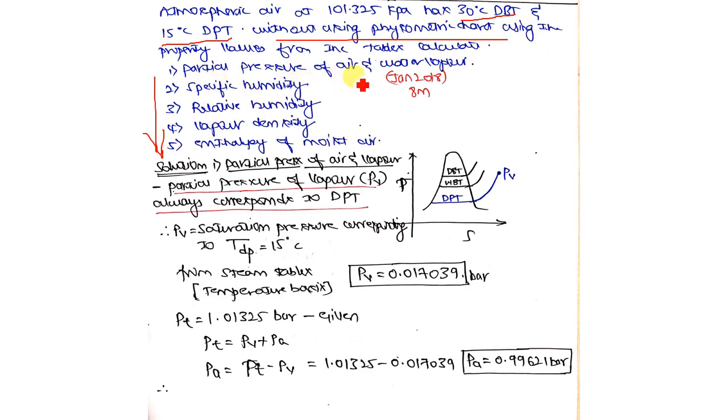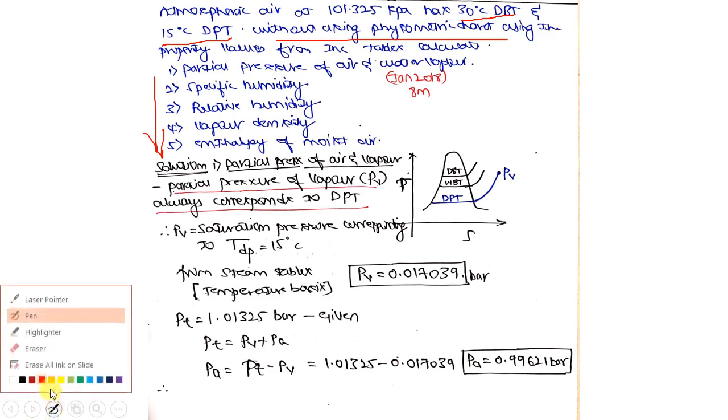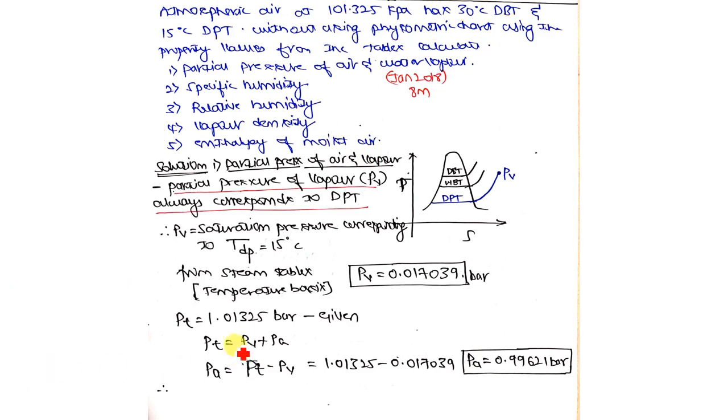Vapor density you have to calculate, and enthalpy of the moisture you have to calculate. So while referring to the previous problem, we calculated the dew point temperature based on the partial pressure of vapor. Now if I give you the dew point temperature itself, can you calculate the partial pressure of vapor in the reverse manner as indicated here? Now I am giving you the dew point temperature.